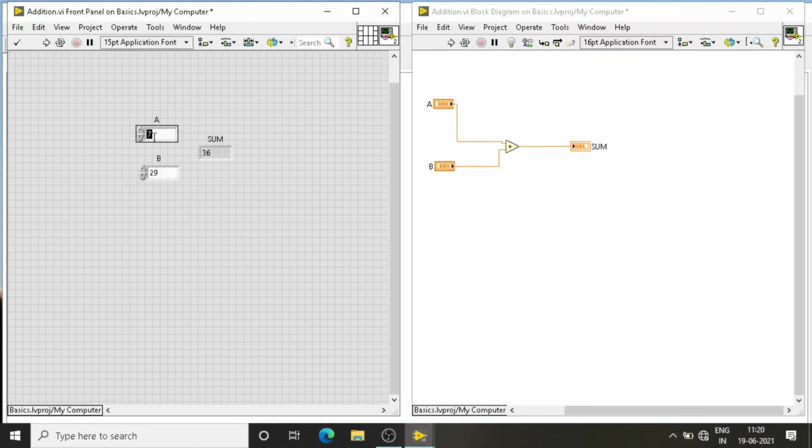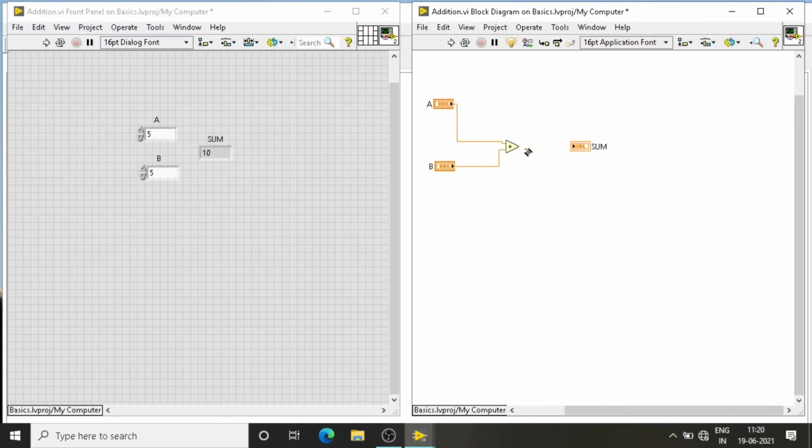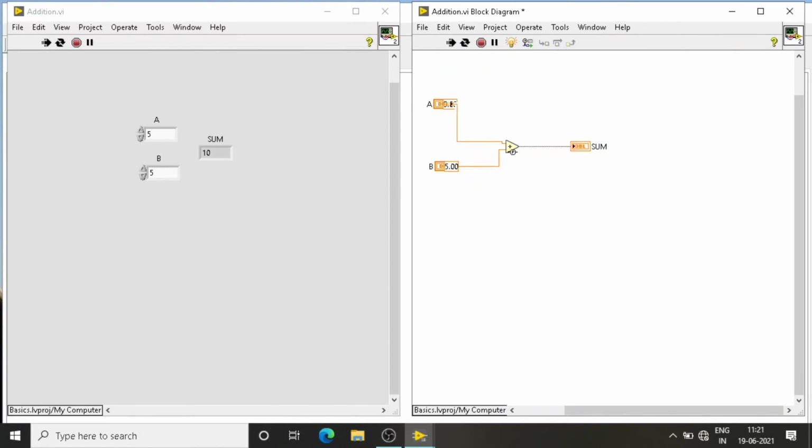Now I set the inputs as 5 and 5. What output will we get? 5 plus 5, 10. Now I turn on highlight execution. Now I am going to run. See, the data from A and B flows to the addition terminal, and the add function executes and updates the value to the sum.